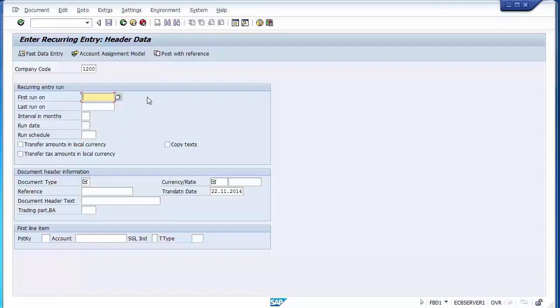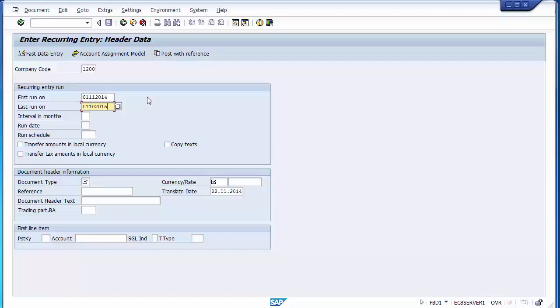Like for example, if you know that the rent you will be paying would be maybe for 2 years, so you can put the 2 years of calculation over here as a first run and the last run. For example, suppose I take 01112014 till 01102015 for 11 months. So I know that this is the rent which I have to pay from this to this